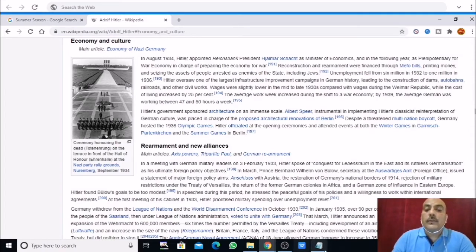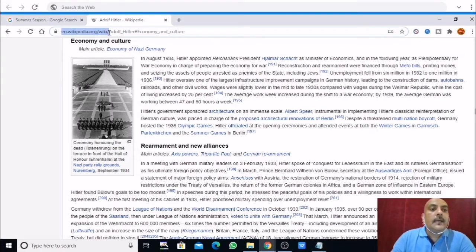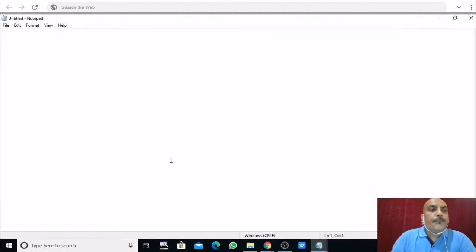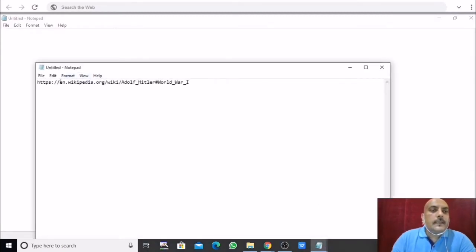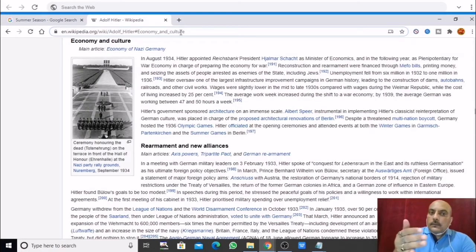How do we know that? See the path: en.wikipedia.org/wiki/Adolf_Hitler#economy and culture. This is the same path which I copy pasted here, en.wikipedia.org/wiki/Adolf_Hitler#World War I. These two, World War I and Economy and Culture, are sections of the same page.